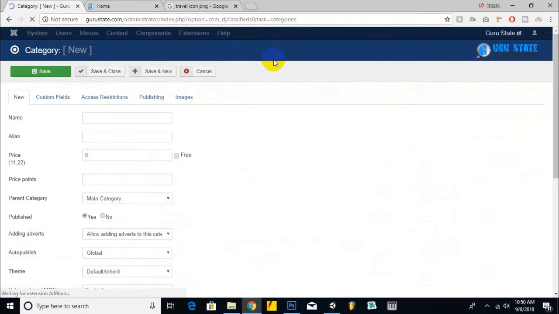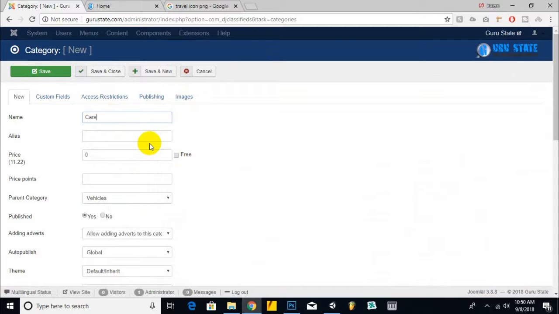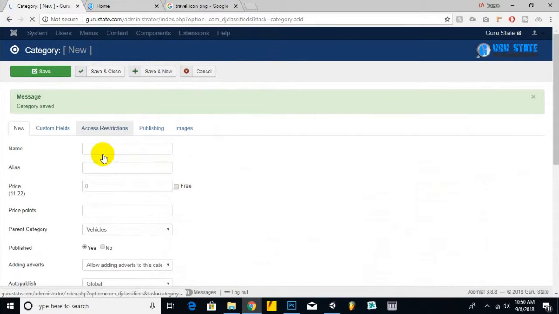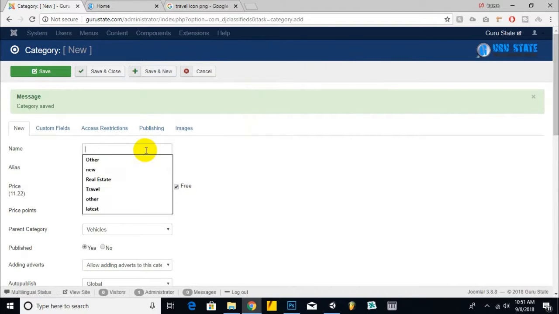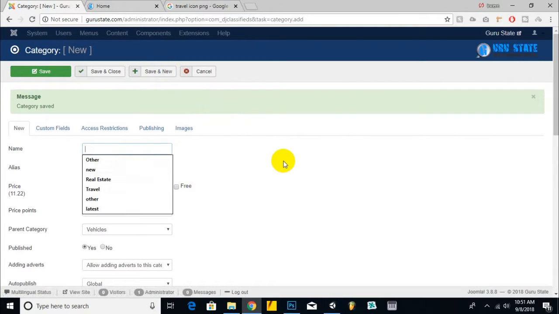Now we will add some subcategories under vehicles and travel categories, and for that we will move to vehicles, and here I am going to add some categories: cars, old cars, bikes, motorcycles, and other. That's it for vehicles. For travel, we will add some Umrah tickets,